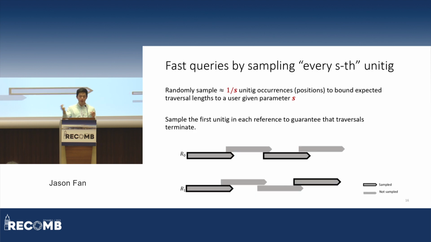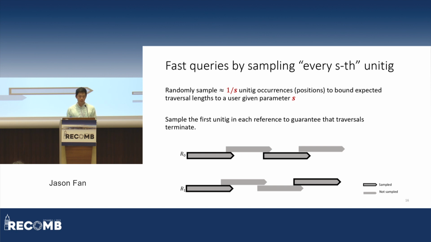To ensure that queries are fast, we're going to sample every sth unitig, or approximately every sth unitig. Our scheme randomly samples approximately 1 over s unitig occurrences to bound the expected traversal lengths to a user-given parameter s. And to ensure that traversals backwards terminate, we sample the first unitig in every single reference to guarantee